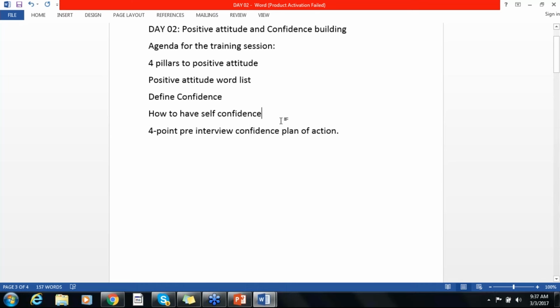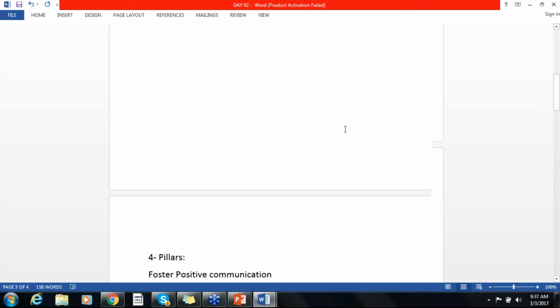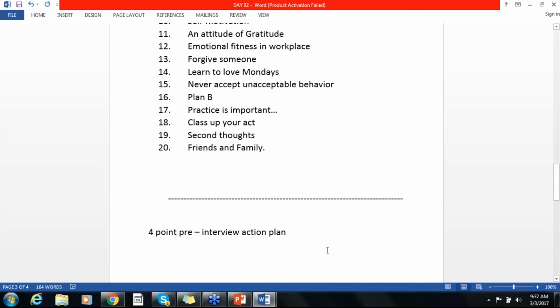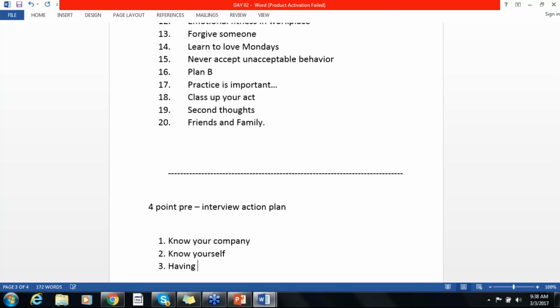This was 20 keys, team. Now let's move on to the 4-point pre-interview confidence building. So, the 4-point pre-interview action plan. The first one is know your company. Second, know yourself. Third, having known yourself,